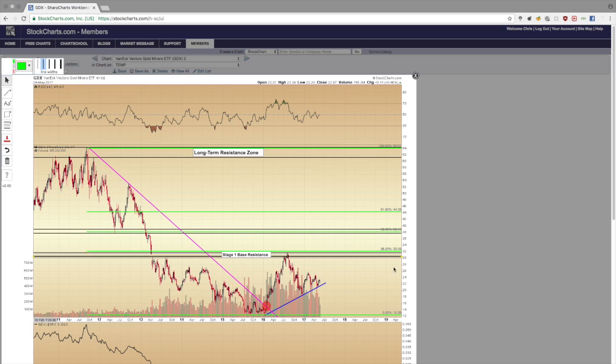So this is not random. And as I said before, what's even more powerful than one or two technical levels pointing to a certain possibility is three technical levels. So we have three important lines here within about 2 points on the GDX. Very, very powerful resistance here, which is why this is absolutely a basing resistance. This is a critical basing resistance level to be monitoring if you are investing in the gold and silver mining sector.